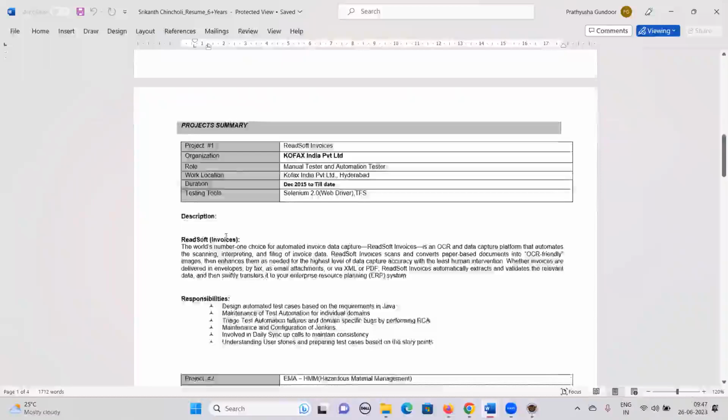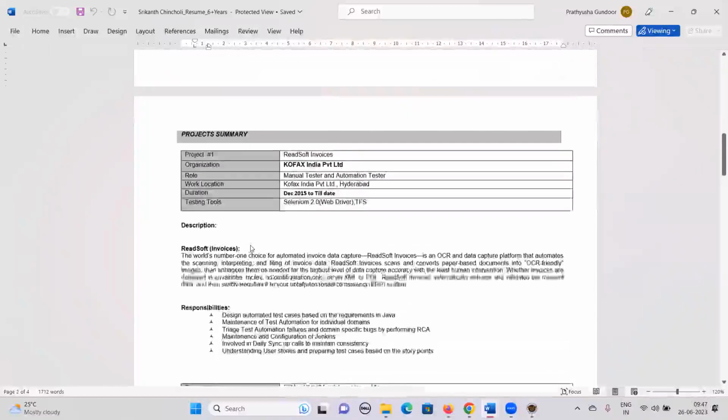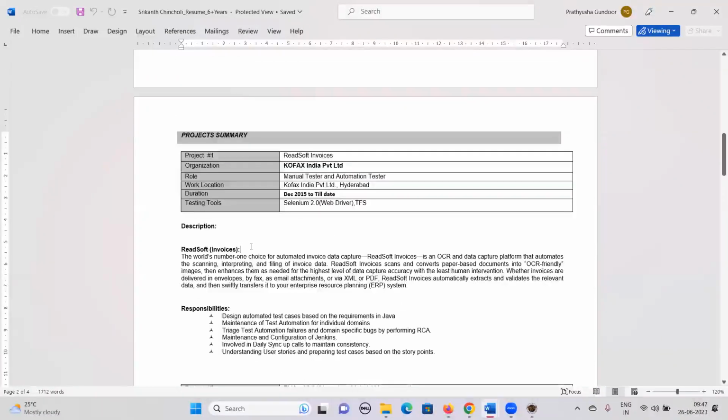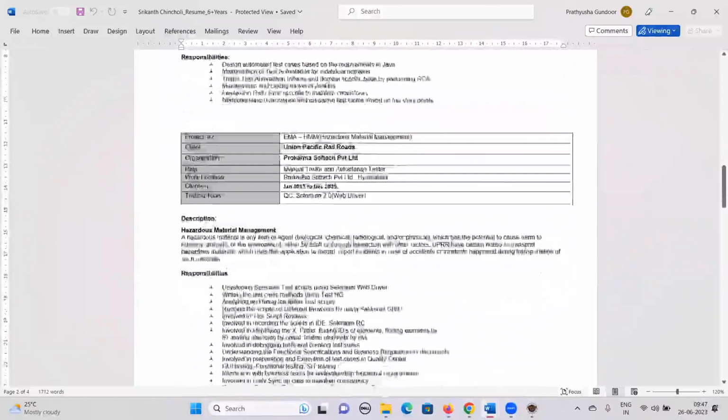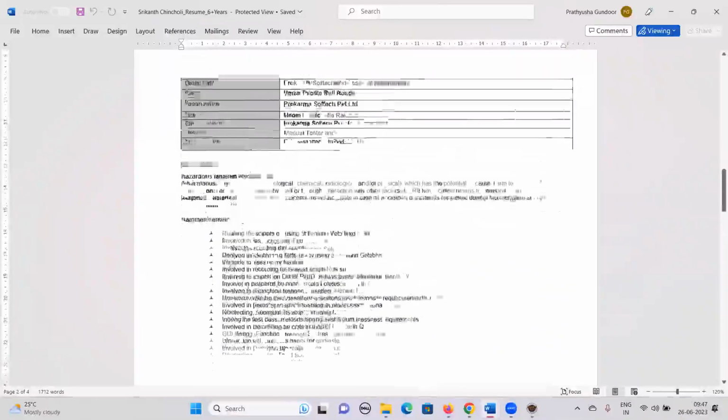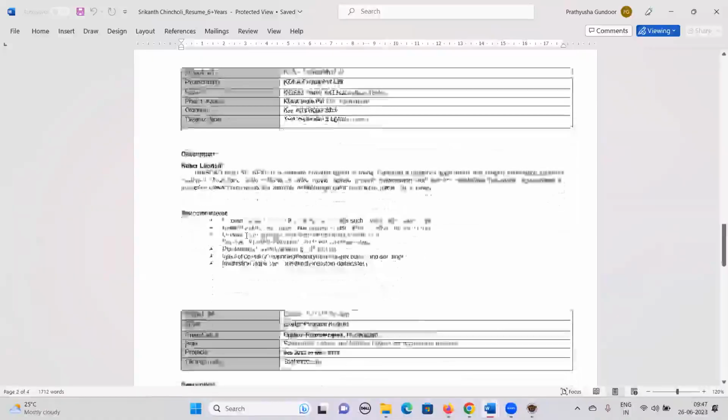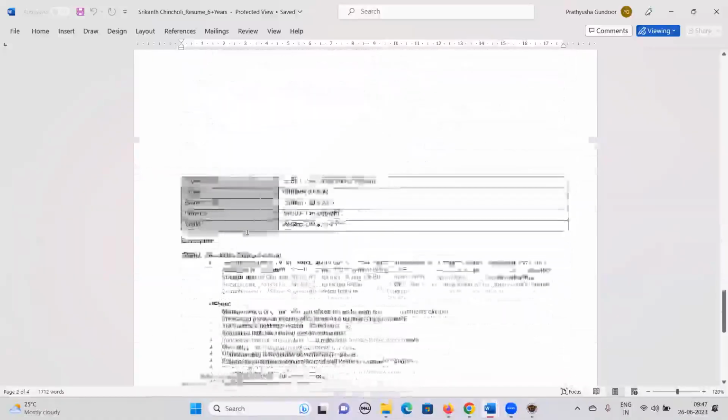projects. Put your projects, like e-commerce projects. Instead of what's here, you can put an e-commerce project, and you can take this template and update the resume. This is the HMM project I worked on. So these are the different projects, guys. Okay, so here you can see there are